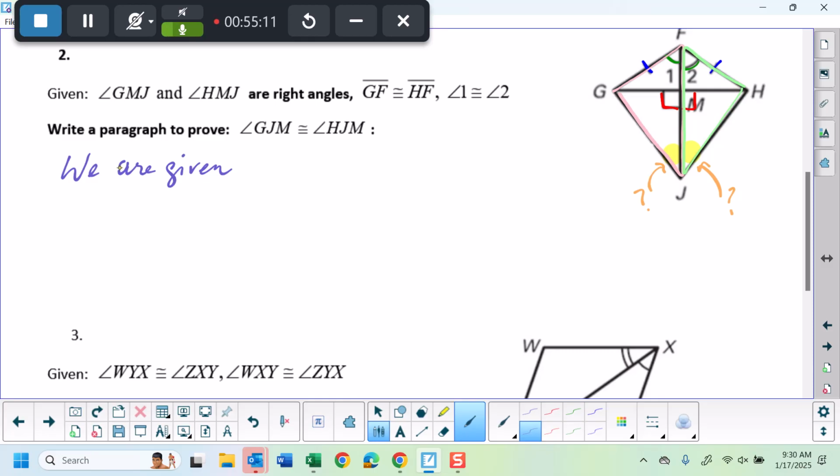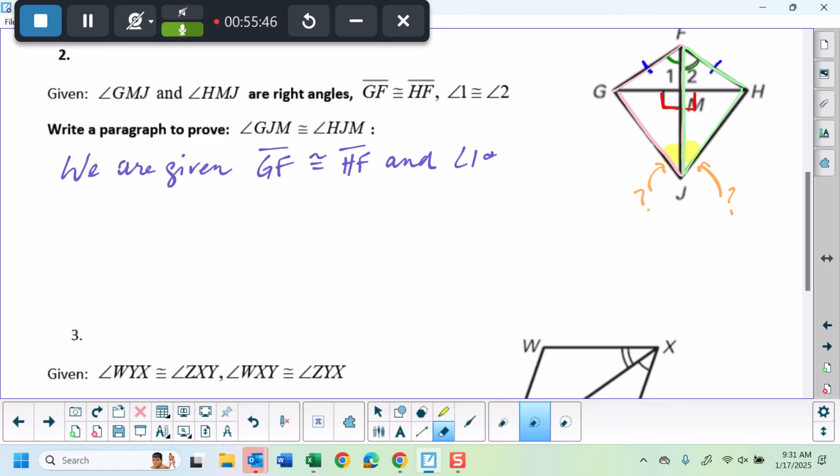So just because it says like GJM in the angle, that doesn't mean you have to use those three as the triangle that you're working with to get the angle. Yeah, because it's talking about, you mean GMJ. Yeah, I can prove this without this information, without these red lines, without those right angles. So I can still list it if I want to, but all I really care about is we are given that these two things are congruent to each other, and angle 1 is congruent